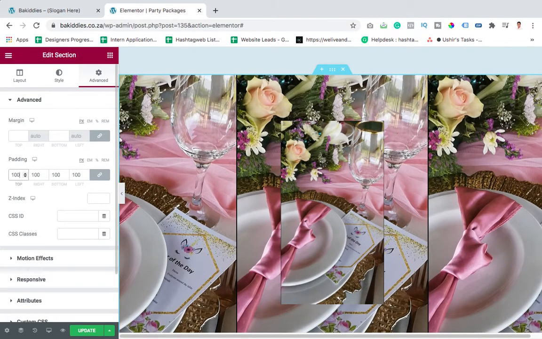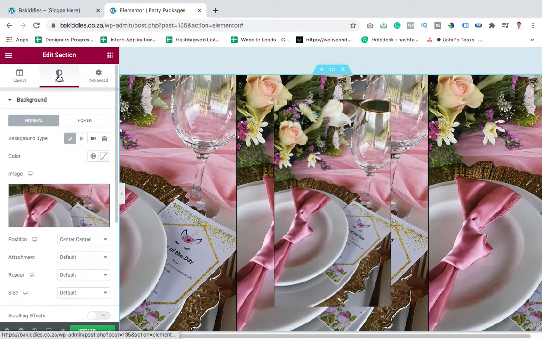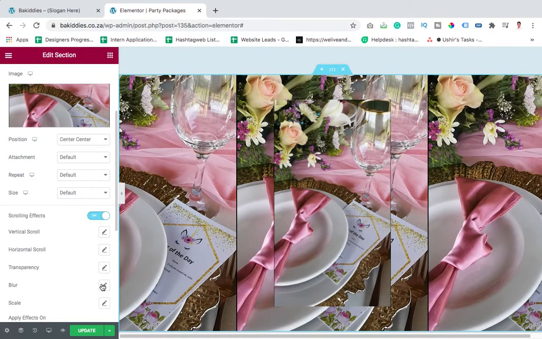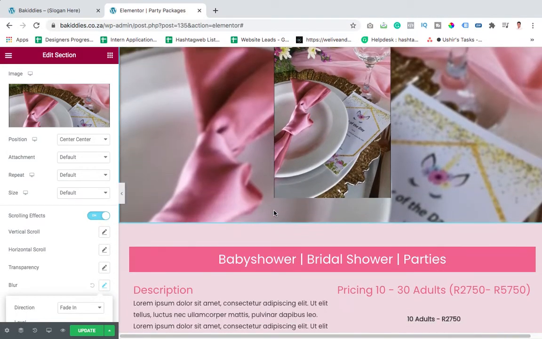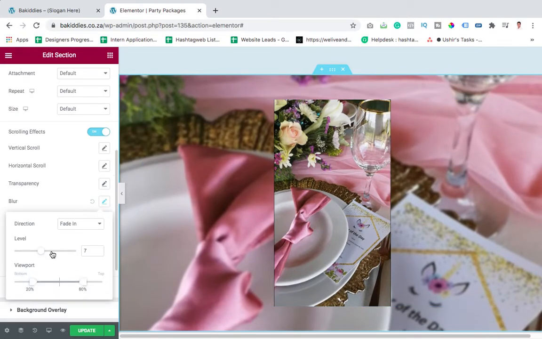Go 100 padding, 50 padding all the way. You probably can't see what's going on because I've got the image here, and so what I do at this point is I'll blur it out. Okay, so more scrolling effects, blur, and you can see how it's kind of blurred it out. I want to make it a little bit more of a blur,